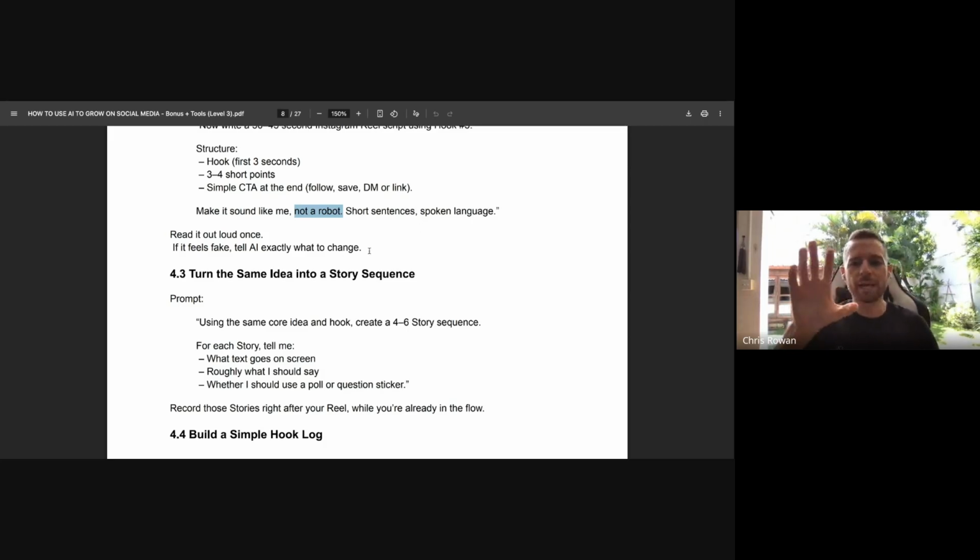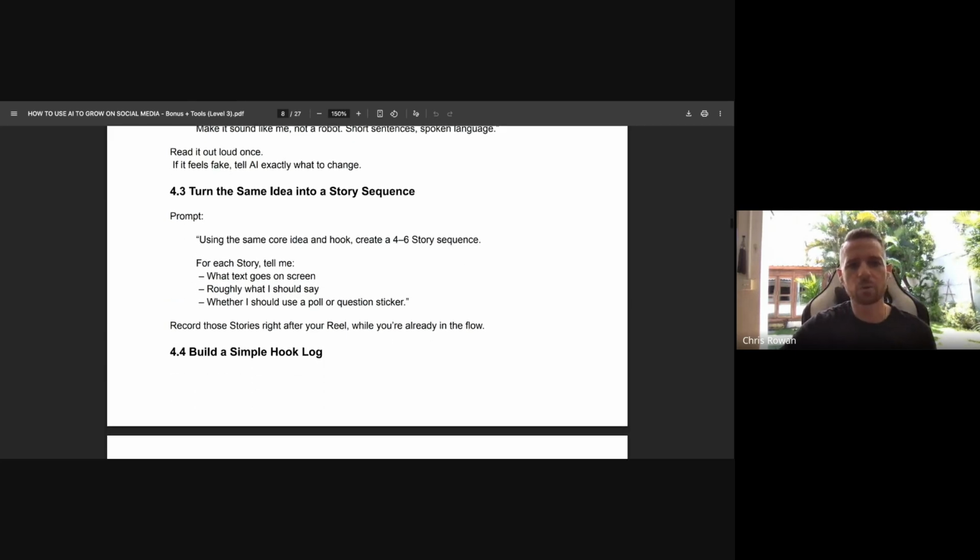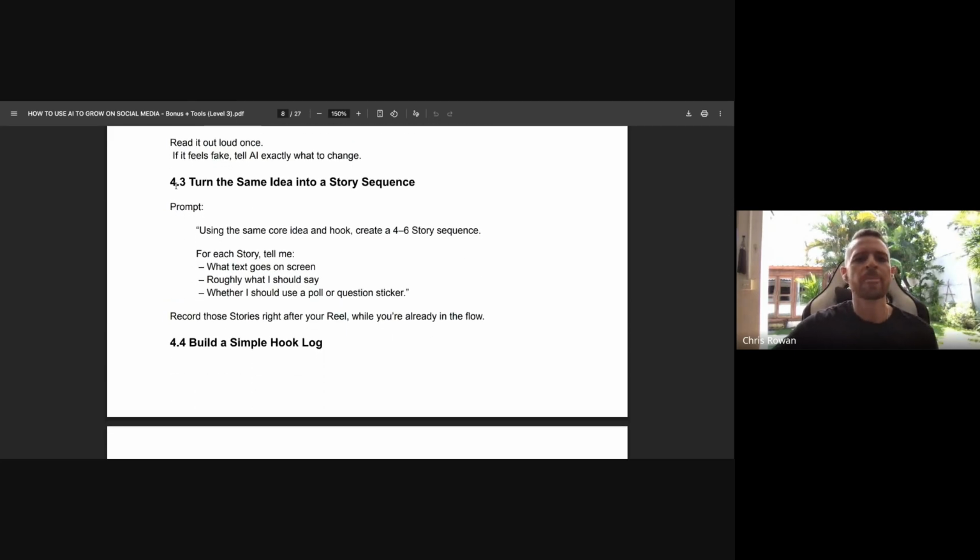So this is always important as well. Don't just get a script and then expect to go and use it. It's a really good one to say the script out loud, and then go back to it and change a few things in it. Because you can always see people who are just getting the first response from the AI and then using it. This is a really good one as well. Read it out loud and you'll figure out how good it is.